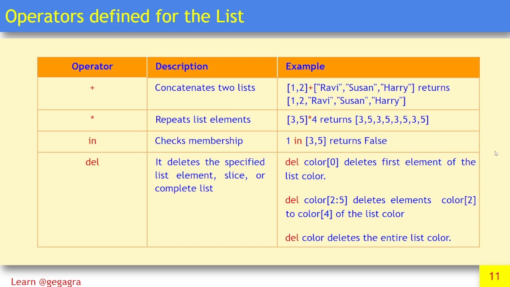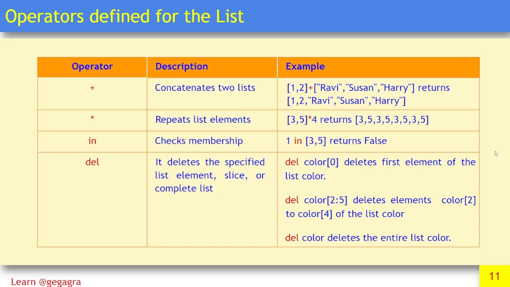And this is the operator in, which checks the membership, whether the element exists in the list, yes or no, meaning true or false. Suppose I have a list 3 comma 5 and I want to know whether 1 exists in the list. So 1 in 3 5,